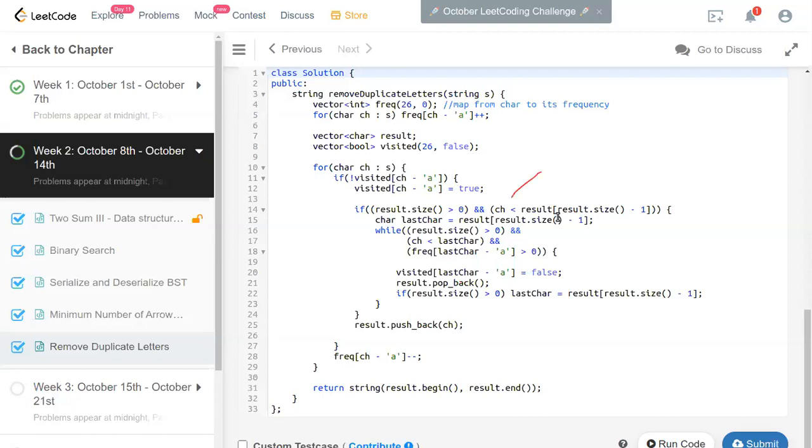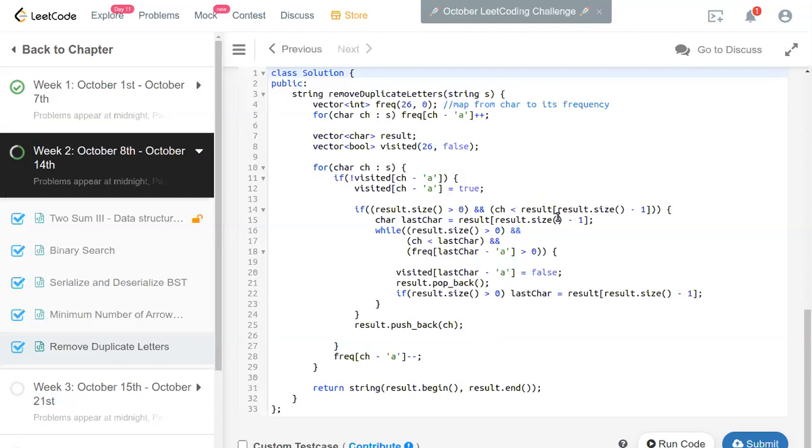If the result size is 0 or the previous character is less than the current character, then it is in increasing order, so I don't have to worry about it. I'll directly add this one, append it to the string.